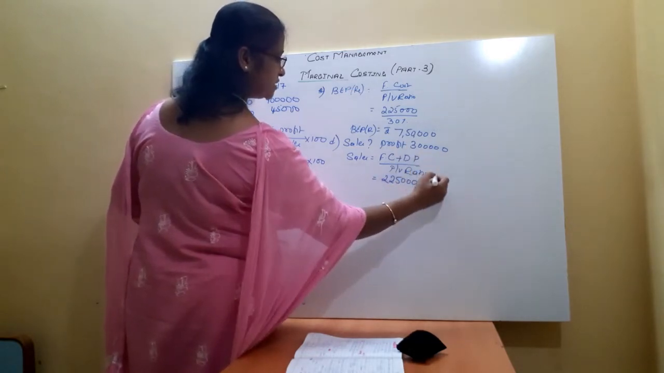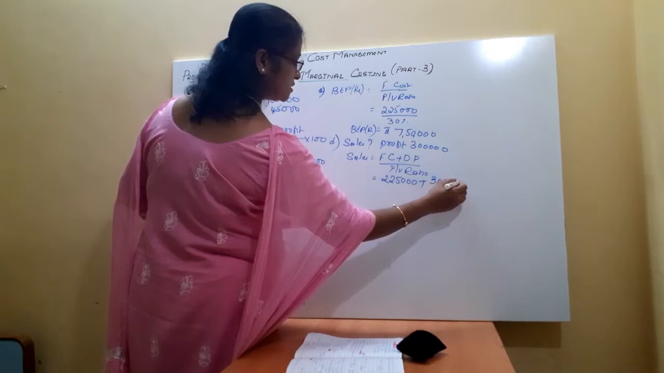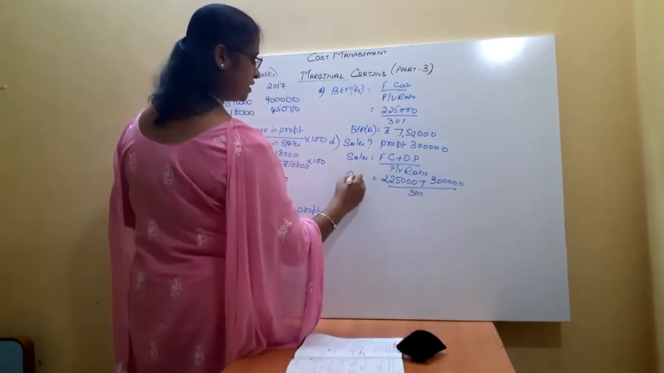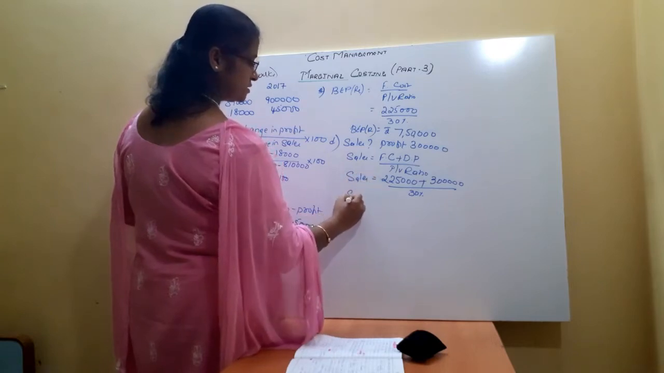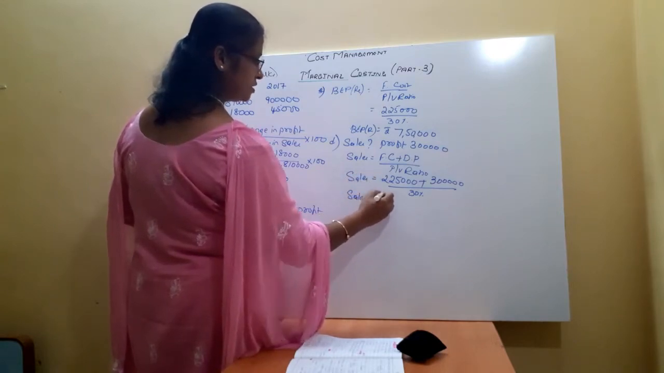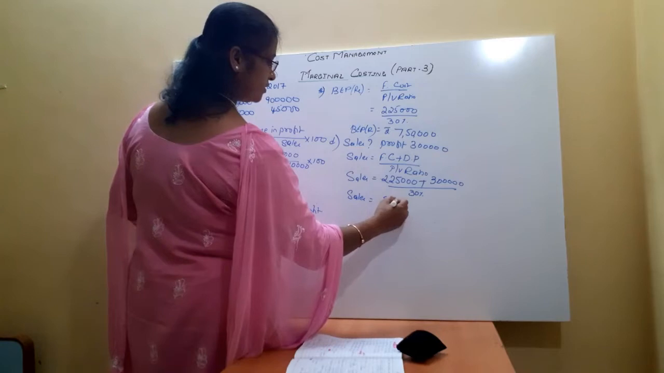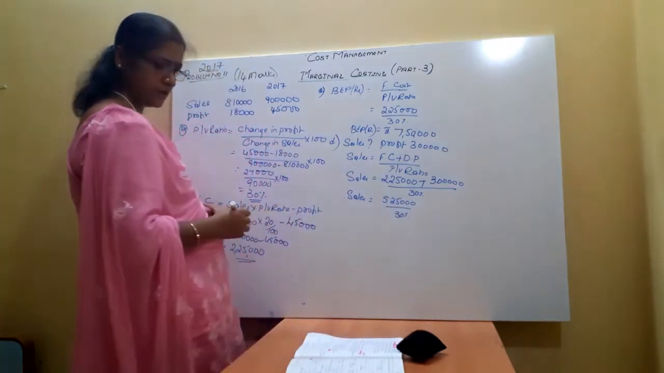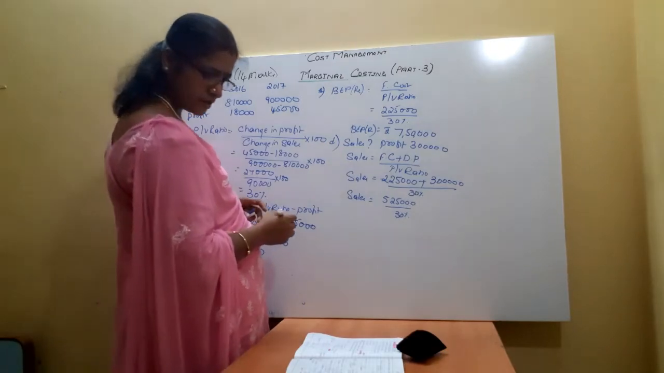Plus profit is already given as 3 lakhs. The PV ratio is 30%. We need to find the sales. So sales is equal to 5,25,000 divided by 30%. So when we divide this, you get